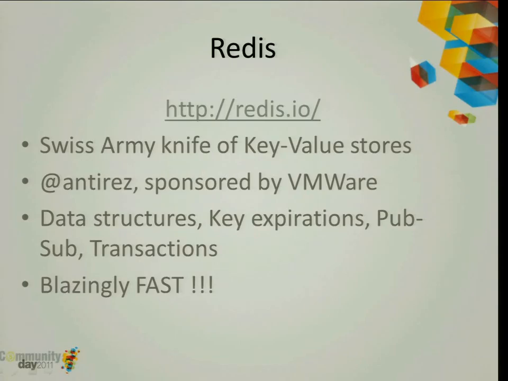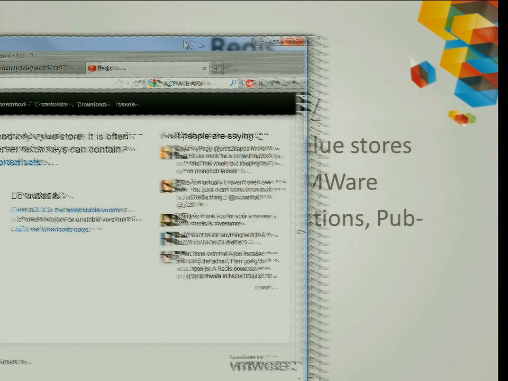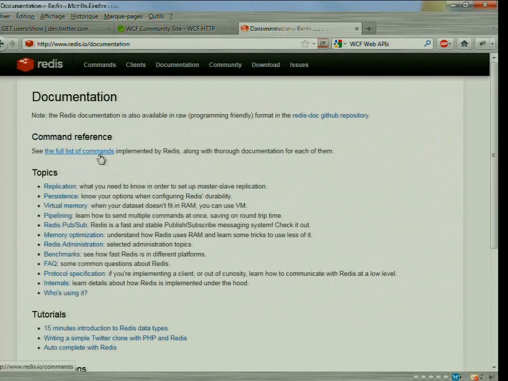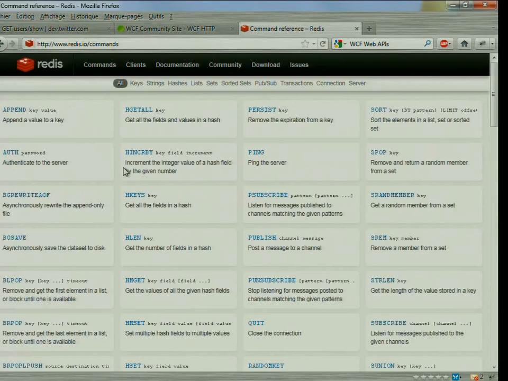So Redis is what we call a key value store. I'm going to show the website. Okay, so that's the website of Redis. It has a very good documentation. Yeah. So you have a very extensive documentation. There is even a console, so you can try Redis online on the website. So basically, what Redis is,